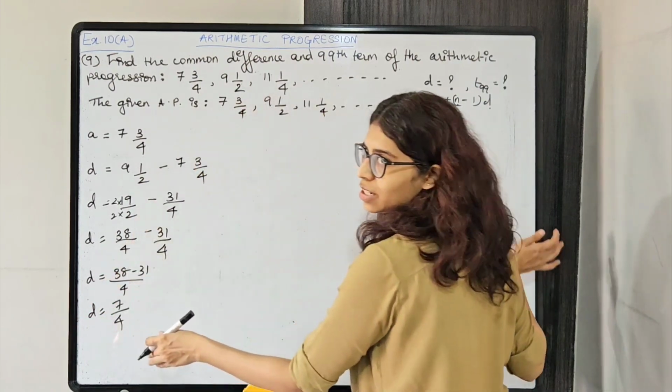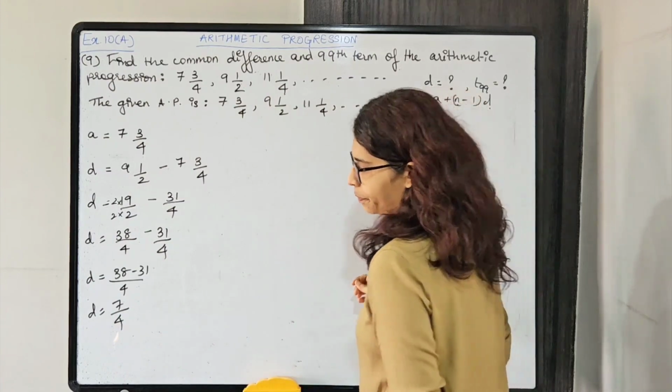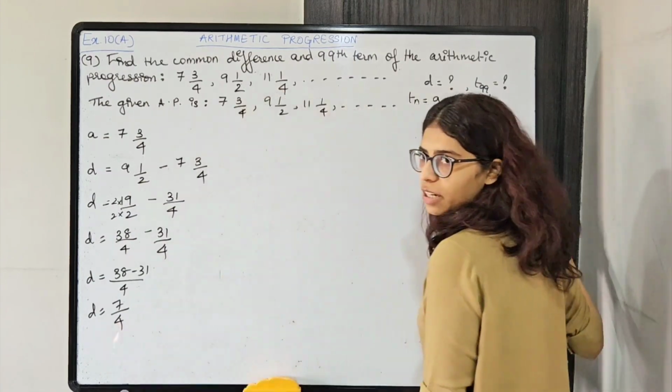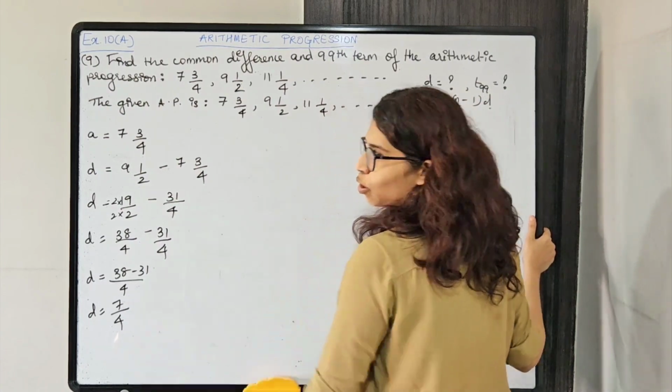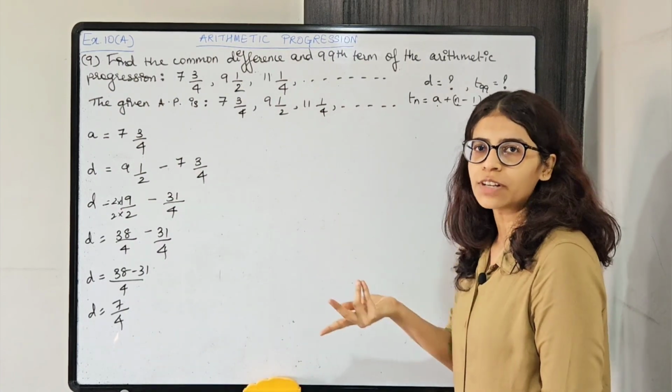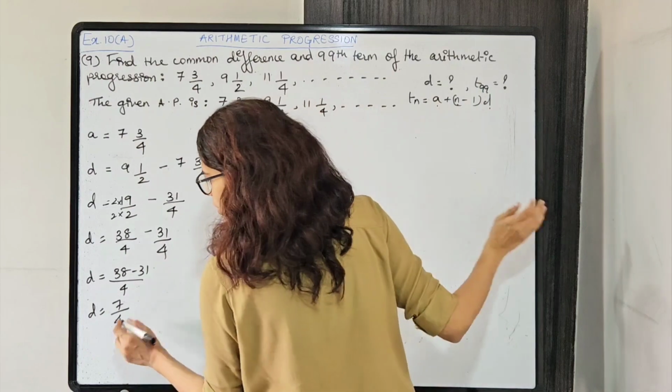Some of you skip the steps. Please don't skip the steps, okay? D 7/4 मिल रहा है. Now numerator is greater than denominator, so normally we convert it into mixed fraction form, है ना? So 7/4